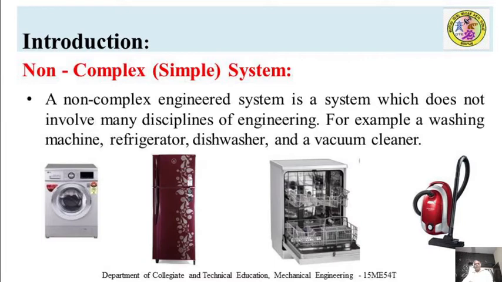Systems are classified in many ways. Systems are broadly classified as simple and complex systems. Simple system is also called non-complex system. Non-complex system involves less number of engineering disciplines, whereas complex system involves many number of engineering disciplines. Non-complex system or simple system